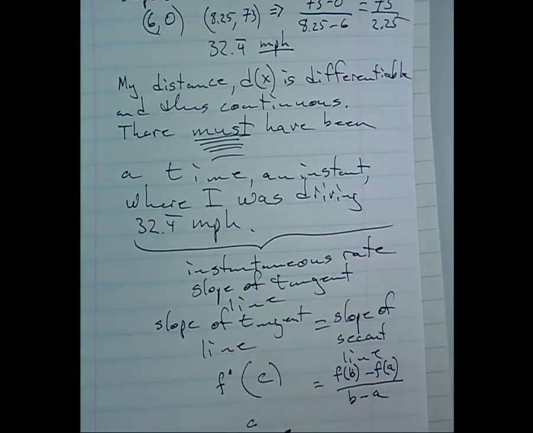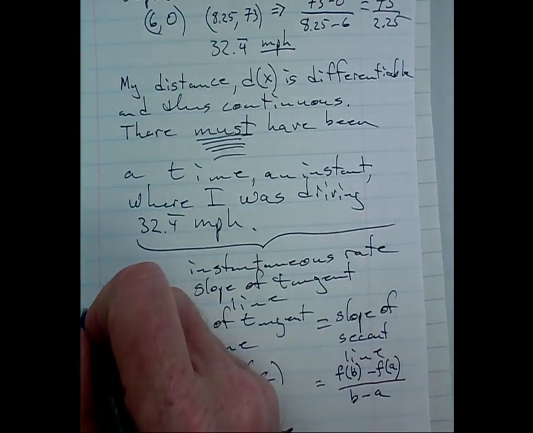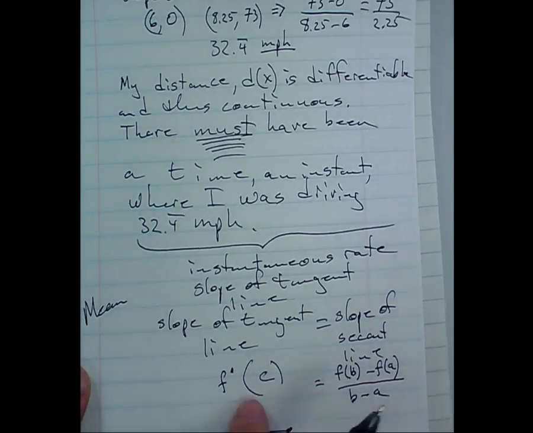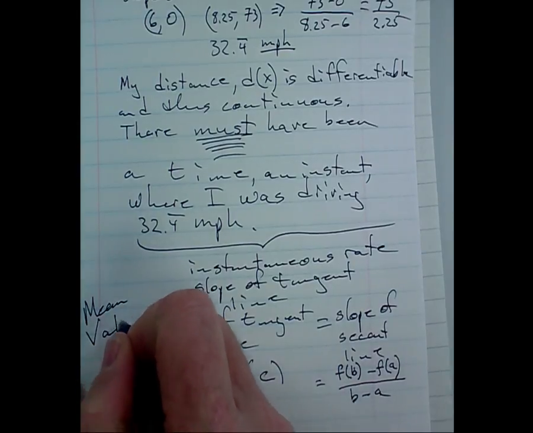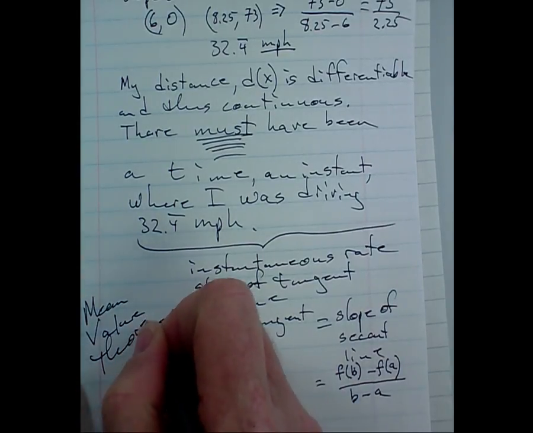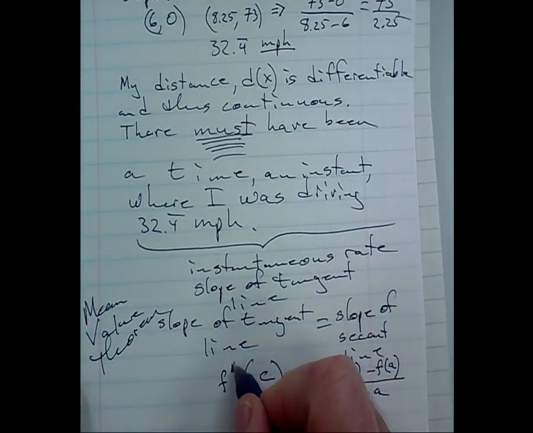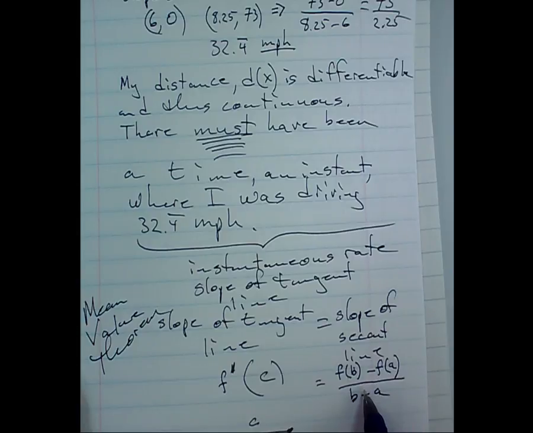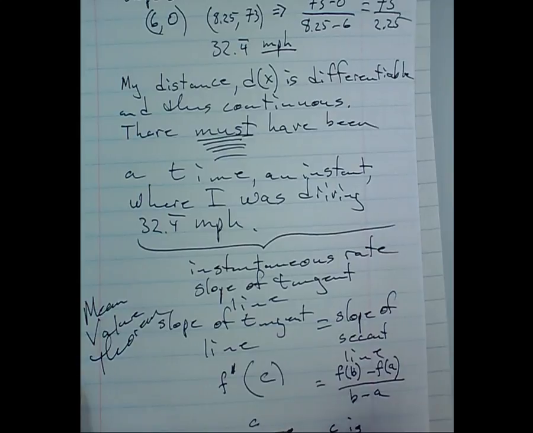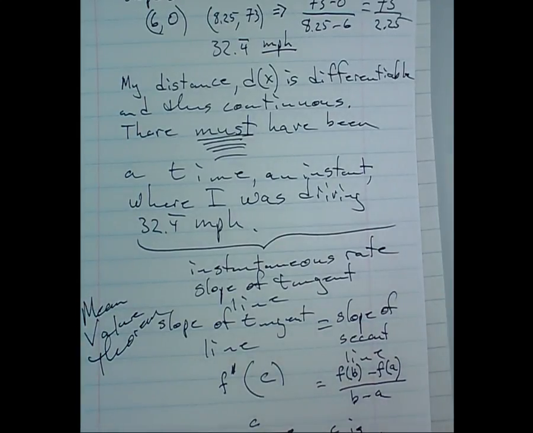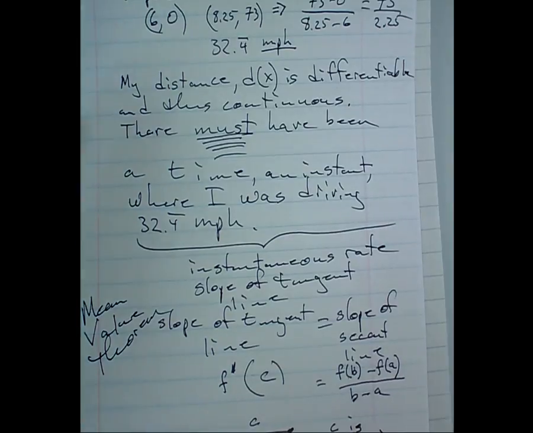There has to be. This is called the mean value theorem, because it's associated with average rate, where the derivative is equal to the slope of a secant line as long as C is in the interval A to B, and they should not be closed, they should be open, because they can't be A or B. We can't see. Can you see now? Yes.